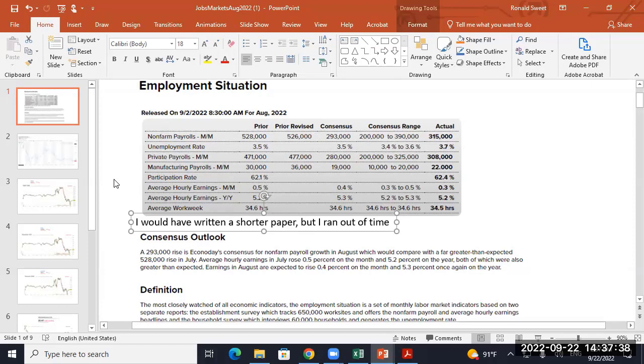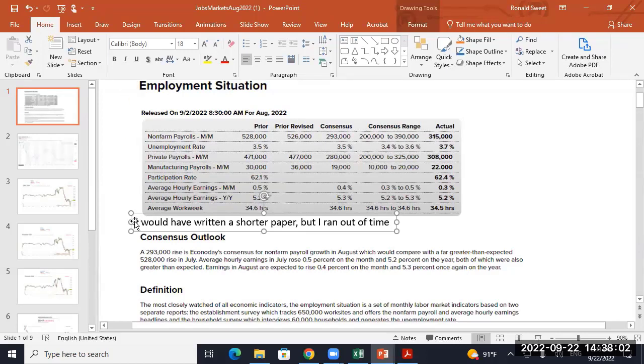So to whom are you writing this paper? Your audience is important, but I'm assuming your boss is in finance, probably an investment professional, probably has 20 years of experience. They probably know what the employment report is, or they wouldn't ask you to do this paper. They know what the S&P is. They know those kind of things. So you can leave it in your paper, but it's just adding extra space. I usually just skip through that and hardly even read it.